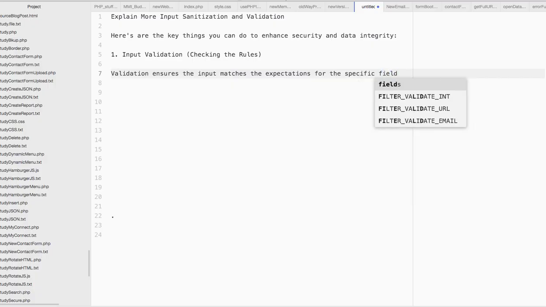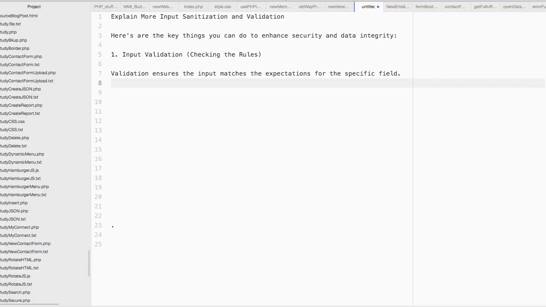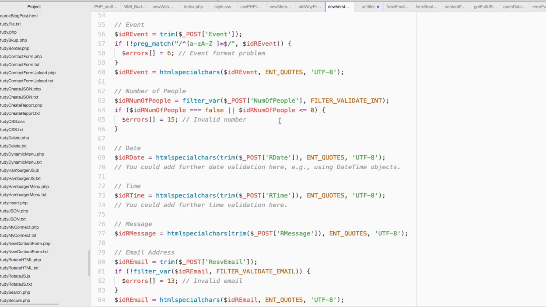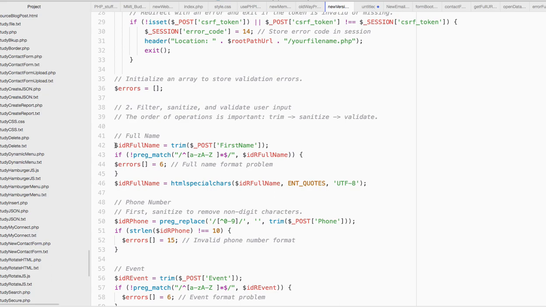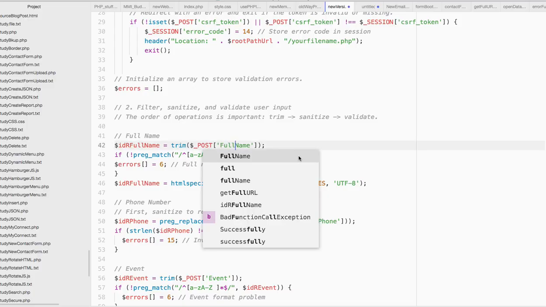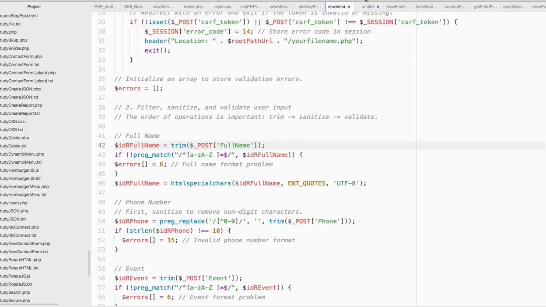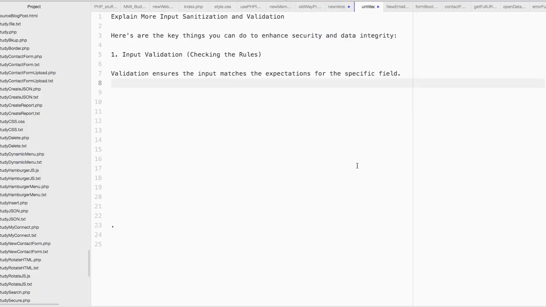Like for the first one, remember the full name? What was it called? Was it called full name? Right here, all this stuff, the simple first name. I thought this was called the full sign, but this is a mistake. It's supposed to be full name. So for the full name,